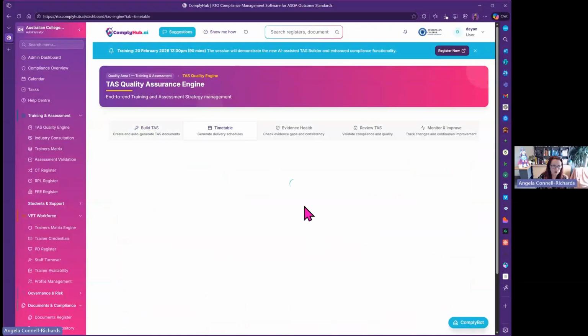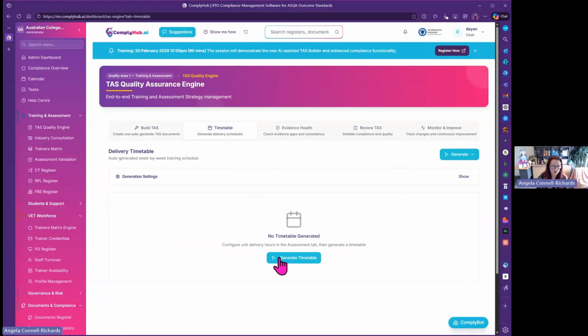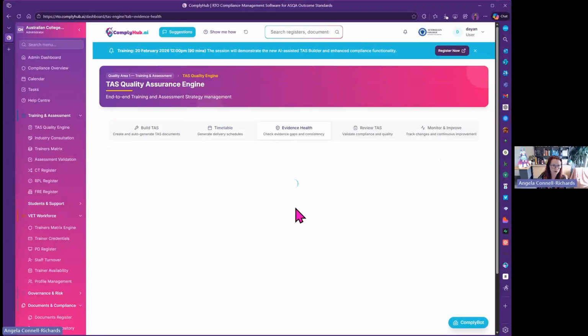Then you'll be able to build a timetable. So once we've got all of that TAS in there, you'll be able to generate a timetable. You're also going to be able to build a delivery and assessment plan. That's coming up soon. We'll also be able to run checks on whether we have sufficient information in there. You'll be able to review the TAS. It hasn't been finished yet, so it won't be able to build it, and then monitor and improve. So that will be your ongoing